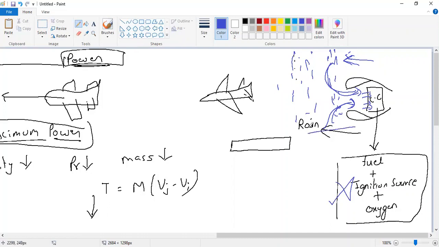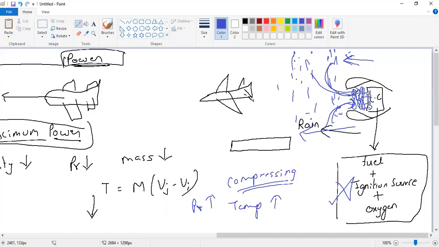When the aeroplane is going forward and the rainwater is entering, the first section that it comes in contact with after the inlet is the compressor. The compressor, when it is rotating at a very high speed, is trying to compress the air. So when you are compressing something, you will increase the temperature. Pressure also increases, temperature also increases. If you know the general gas law, if the pressure increases, temperature will also increase. So here there is a high temperature.